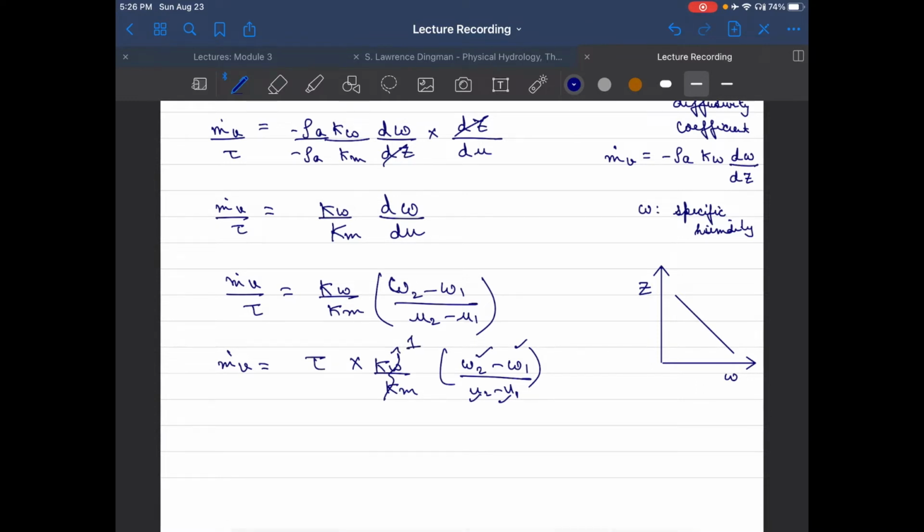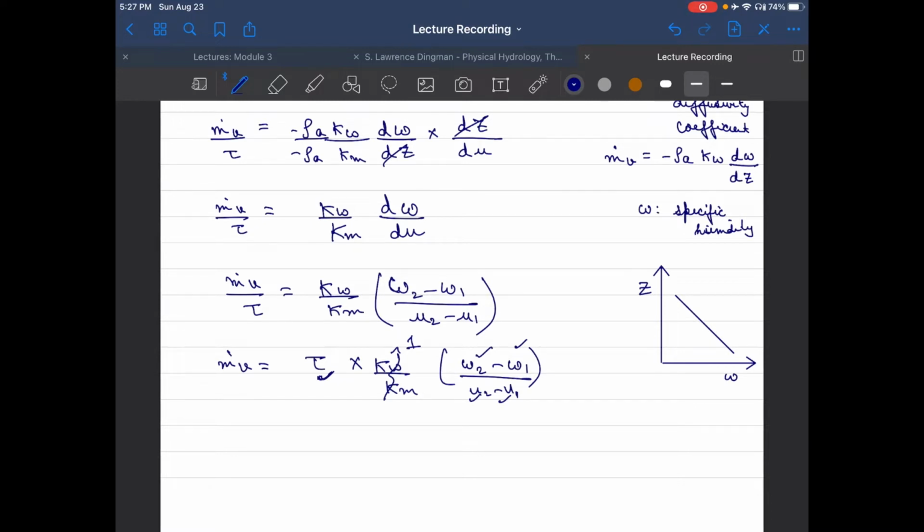So ultimately the question remains: while everything else can be determined, determining the value of tau is going to be hard in a real world setup, because whenever we are going to measure the evaporation, we have to do that in a field setting or in a laboratory setting. And the question arises how we are directly going to measure tau when our observations are either in the form of temperature or in the form of pressure, from where we can calculate specific humidity and relative humidity.